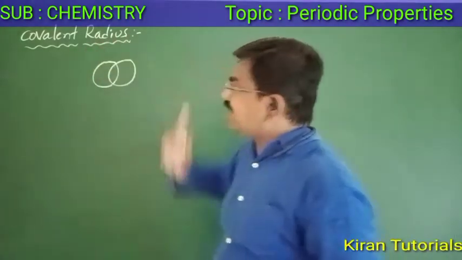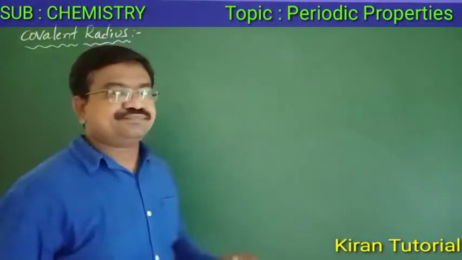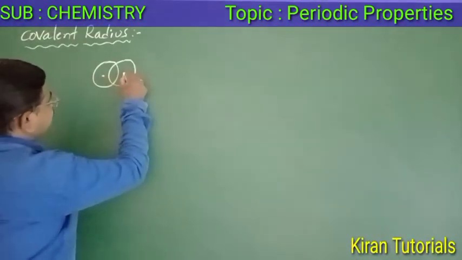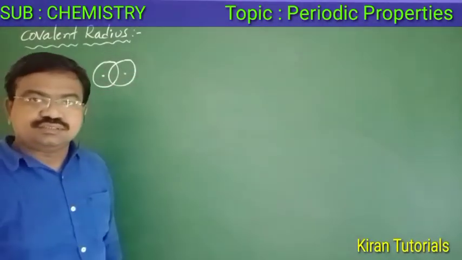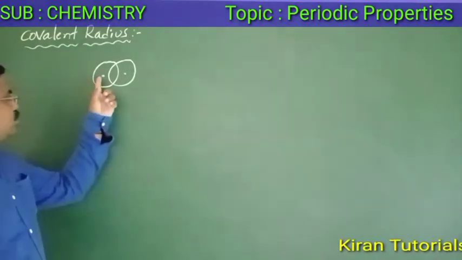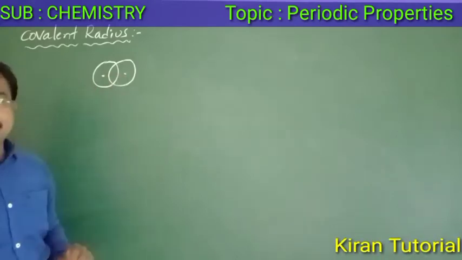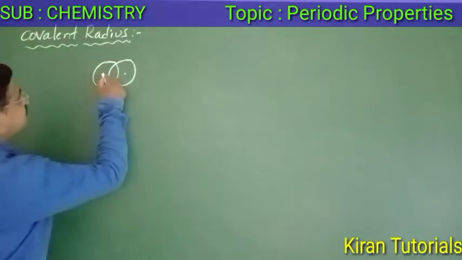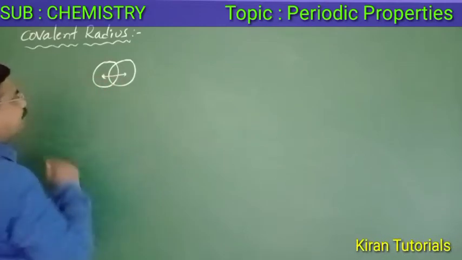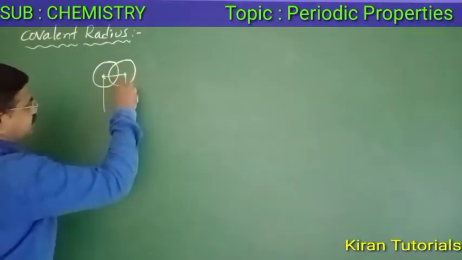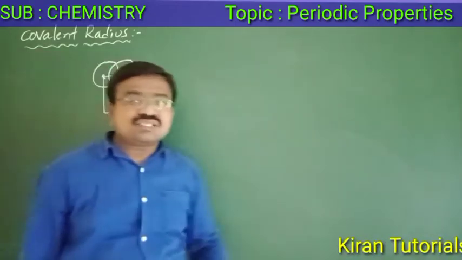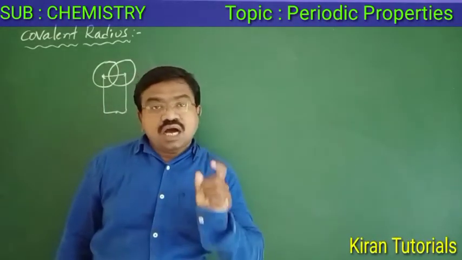See, covalent radius means, see here, the center of the atom is called the nucleus. Then the distance between nucleus and nucleus here. What is the distance? Then what is covalent radius? Half of the